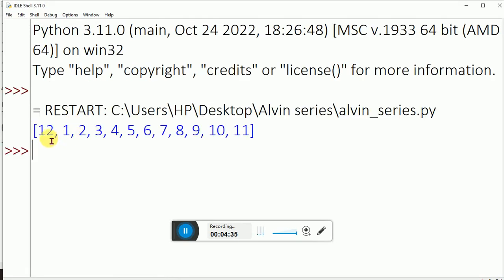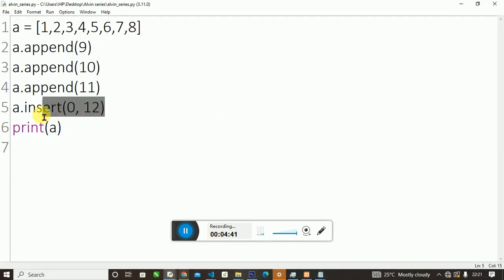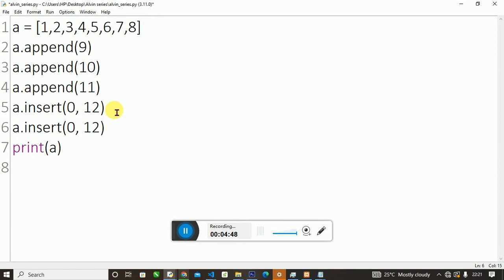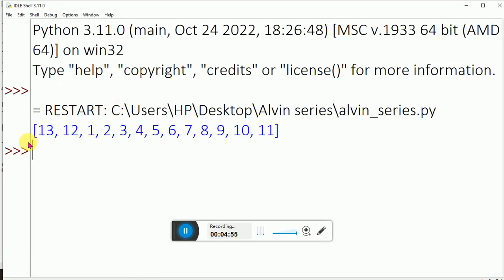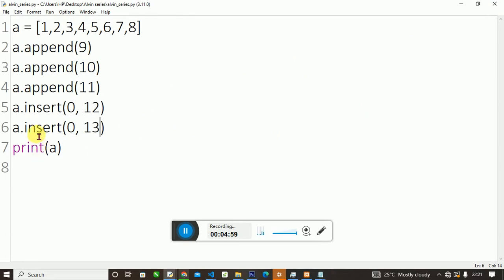So we just inserted 12 at the beginning of the list. Okay, so let's insert another one again. So we just inserted 13 at the beginning of the list. Okay, so that's how you insert